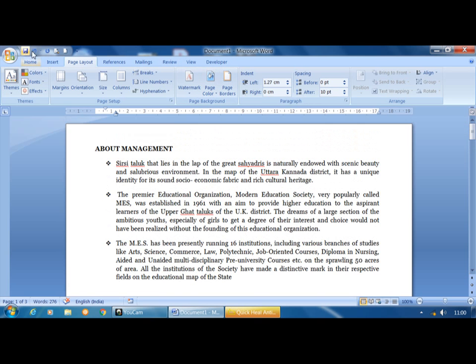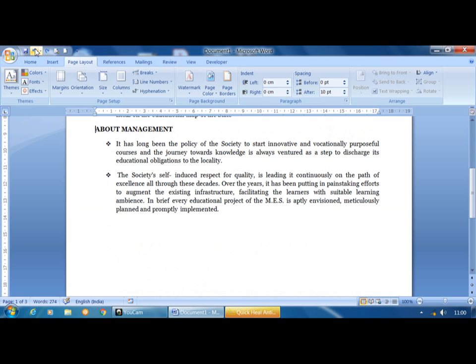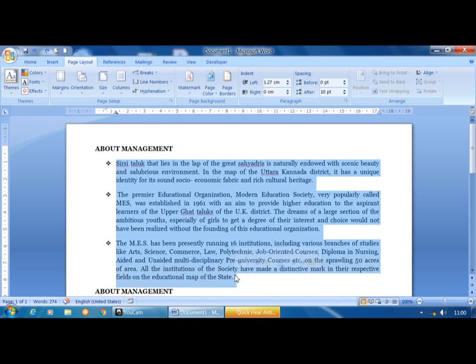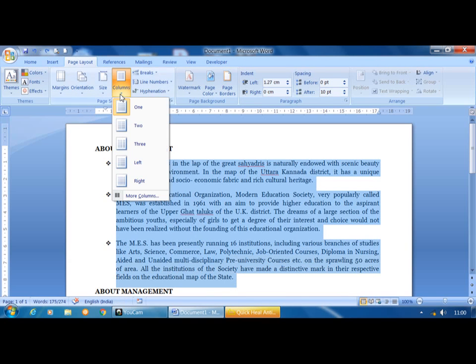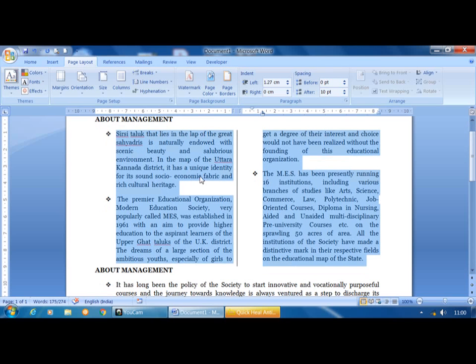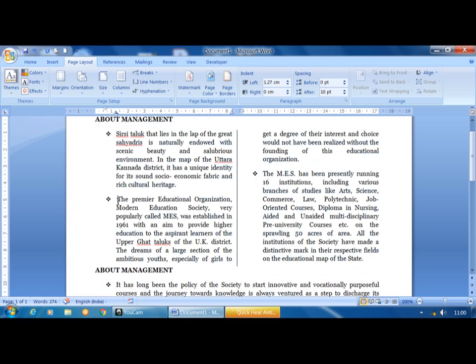Other than that, now I will undo. Now I will convert these 3 paragraphs into 2 columns. Now I want to move this second paragraph to the next column.